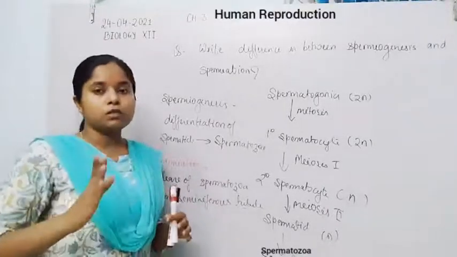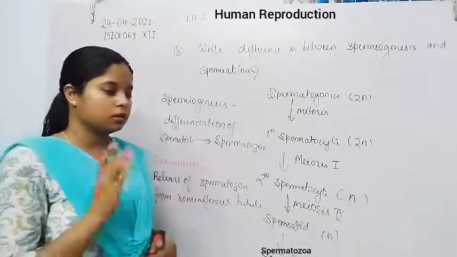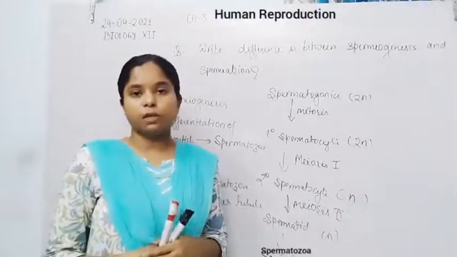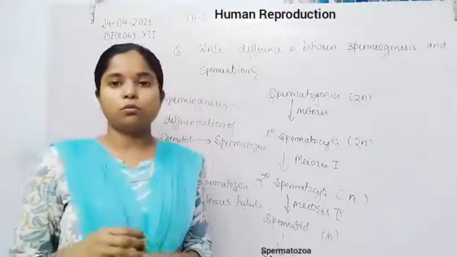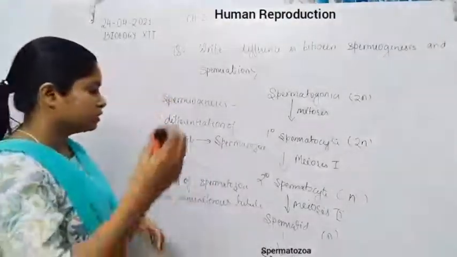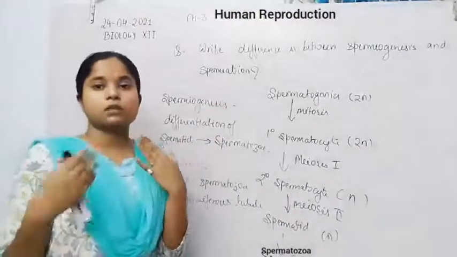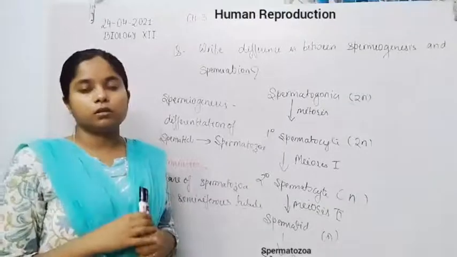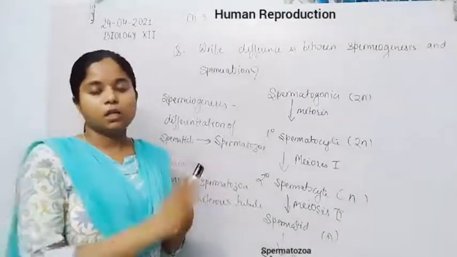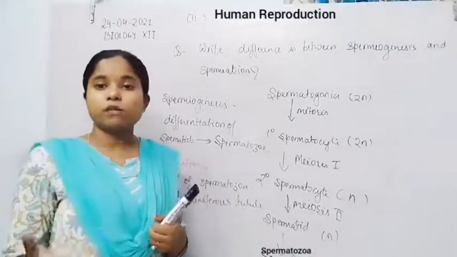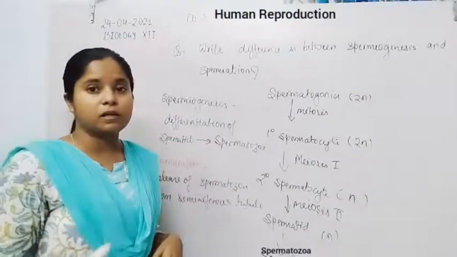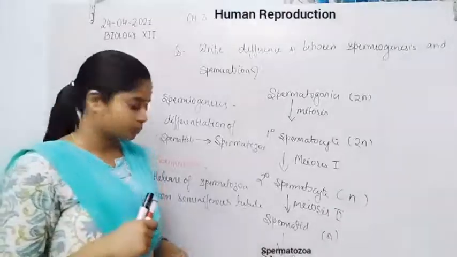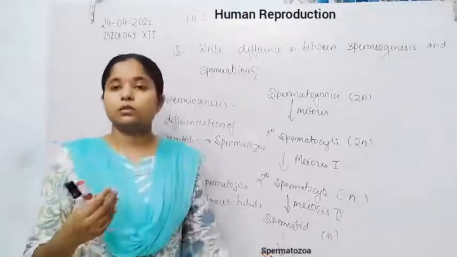That means 14 days of storage takes place in the epididymis for the proper development of the spermatozoa, and they also ensure the motility of the sperm, and finally they transfer into the seminal vesicles, and they are again stored for the long term, and they also get their nutrients, nourishment in the seminal vesicles, because the cells of the seminal vesicles secrete fructose and prostaglandin for providing faster motility to the spermatozoa.